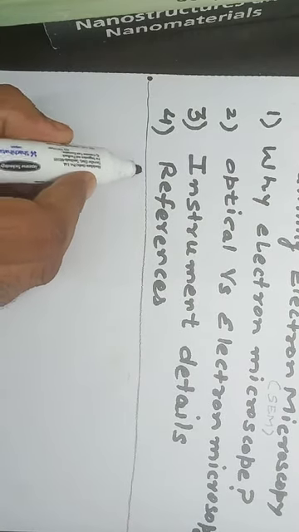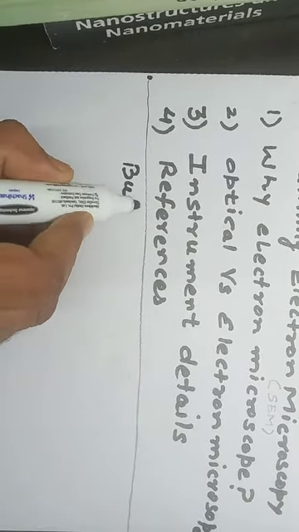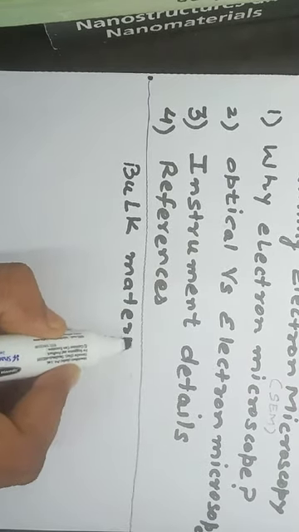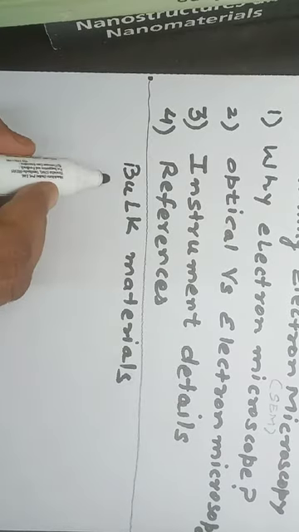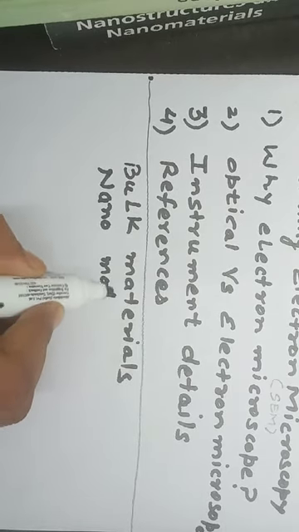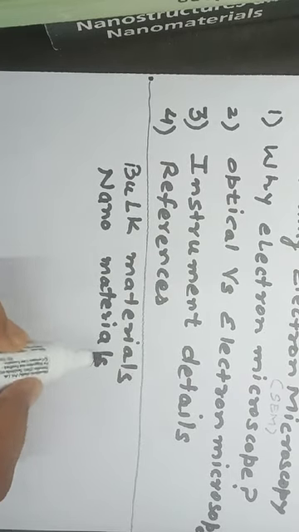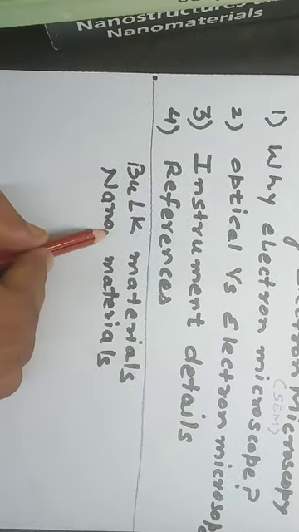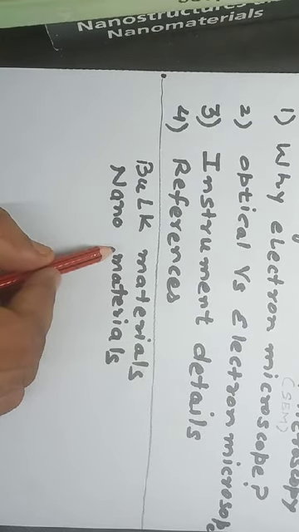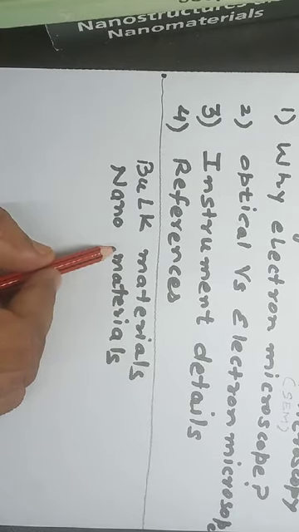One type of material is bulk materials, and the second type is nanomaterials. What is the basic difference between the bulk material and the nanomaterial? We have to understand that, and that will give us the answer why the scanning electron microscope is important in order to have images